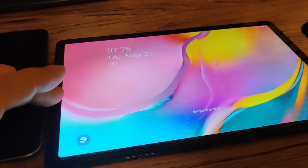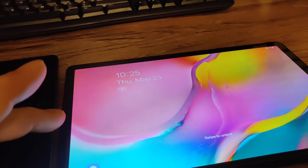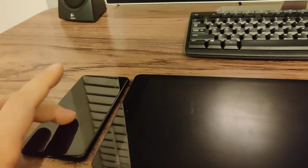Oh, cool. It has a double tap to wake that I didn't even know about. Doesn't look like the iPad does. Let's see what the phone does. Yeah, it does too. But it doesn't stay on very long, because...